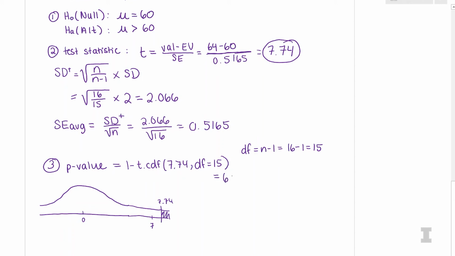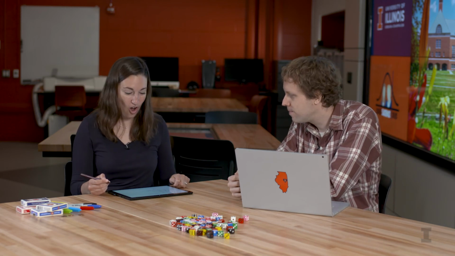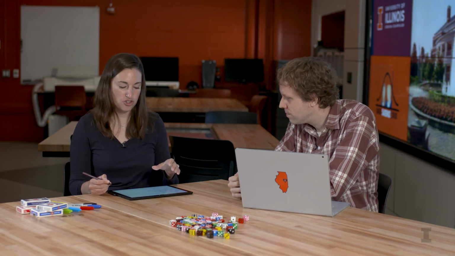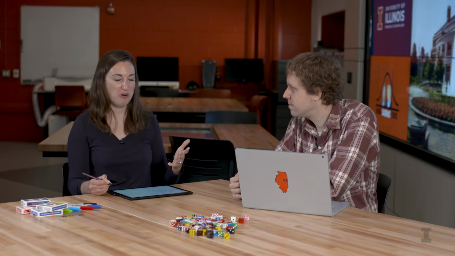Okay, 6.45 e to the minus 7. So I'm going to say that's about 0 as well. Yeah, this e to minus 7 means times 10 to the negative 7th power. So we have to move the decimal over to the left 7 places, which introduces 6 zeros before our first 6. Exactly. So this means the probability of getting our difference just by chance, given that our null hypothesis is true, is so small, it's close to 0%.